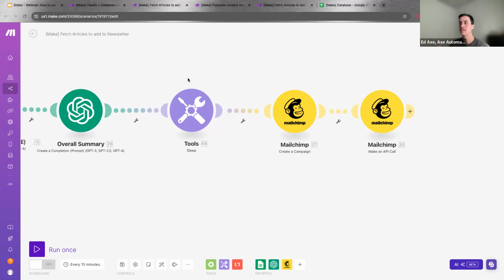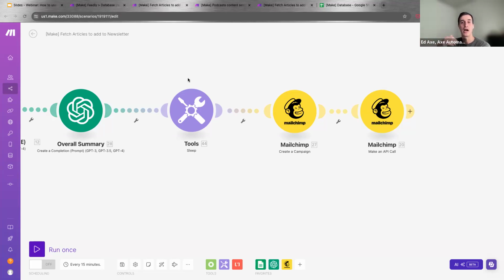So again, this system can work with a different database like data store. This system can work with a different email marketing provider. It can be MailChimp, it can be ConvertKit, it can be ActiveCampaign, it can be any other one that you can use to create those email campaigns automatically. It can even work with Gmail. So if you just want to send out a very basic and simple newsletter using Gmail, that's probably the easiest way that you can start building a newsletter, right?